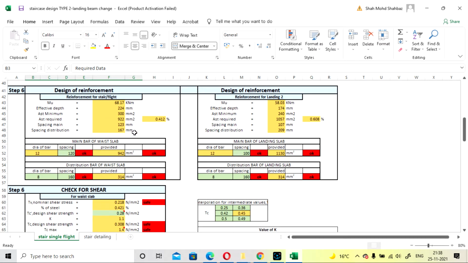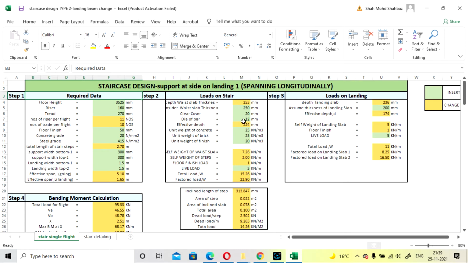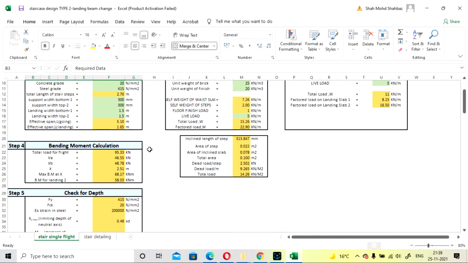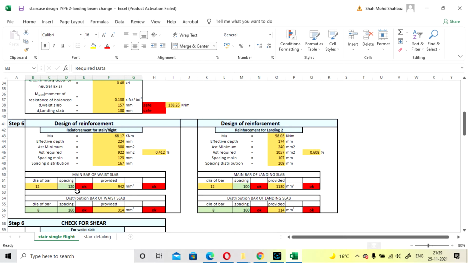For this given area, spacing for main is also calculated as 123, and spacing for distribution will be 67. The dia bar is automatically taken from here because we have considered the dia bar during the effective depth calculation. So it is taken as 12 here. All you need to do is just give the spacing, and it should be less than this, then only it is going to cover your area.